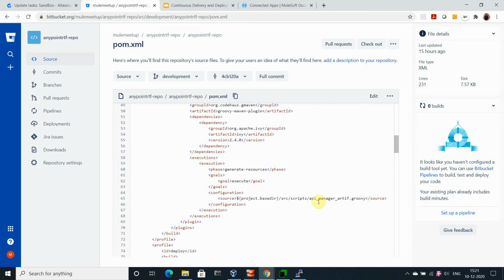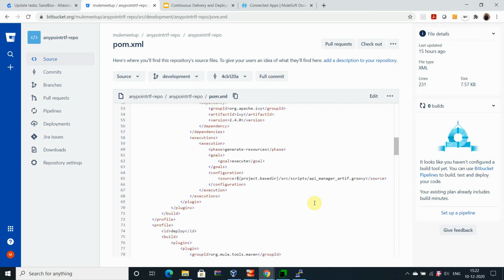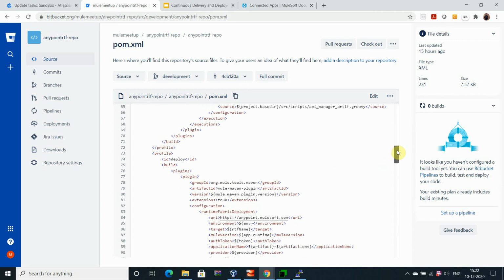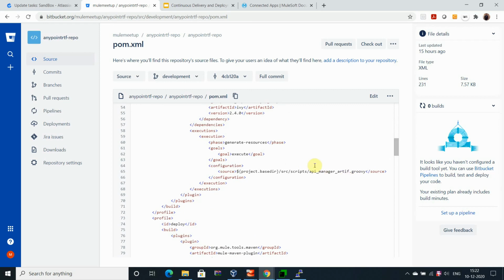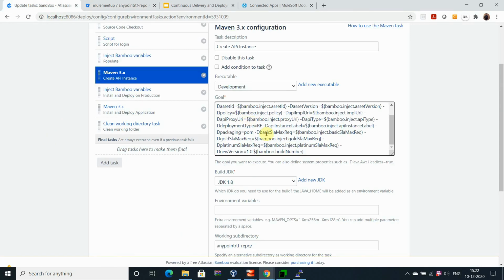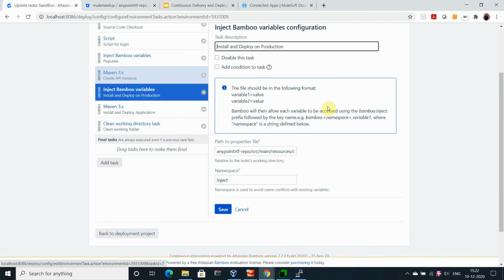It will create a new instance. If an existing instance is there, it will create a new instance and delete the previous instance. So you will have only one instance at a time, and it will upgrade automatically on the platform. Fine, this is the one part, and this is the step.